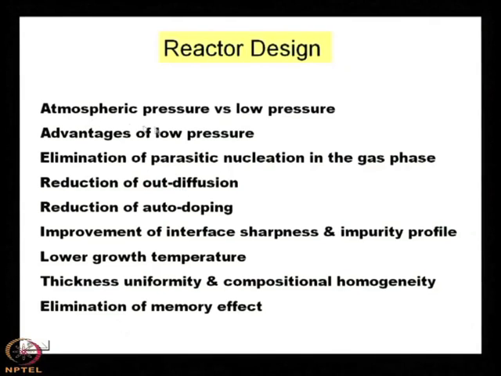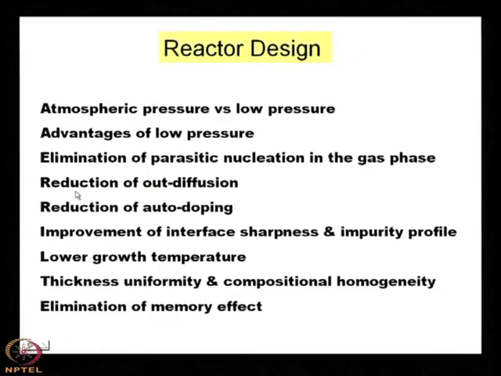One thing is that it may be atmospheric pressure or low pressure. The advantage of low pressure is the elimination of parasitic nucleation in the gas phase, that we are discussing. That means if you use a low pressure reactor, then that gas phase reaction can be minimized. Reduction of out diffusion, I have discussed that also. What is out diffusion? Out diffusion means diffusion from the surface of the substrate or from one